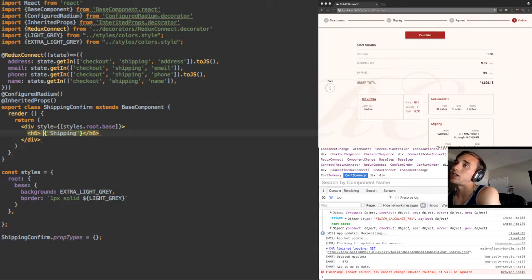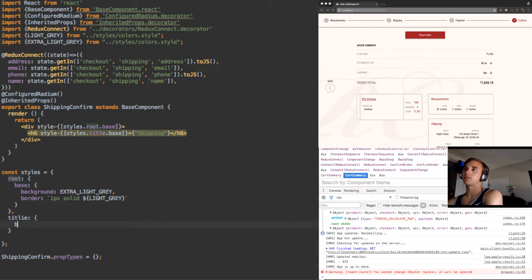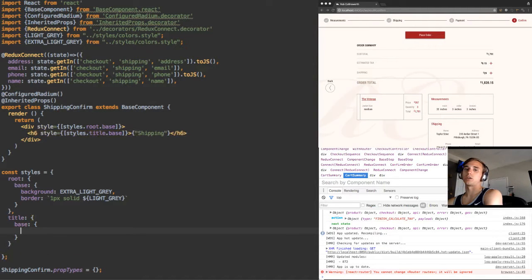And again, the downside of inline style is now I have to add a style to this. Let's call it title. Okay, so let's just add a margin bottom. And again, I like the 12, 24, whatever. So let's go with